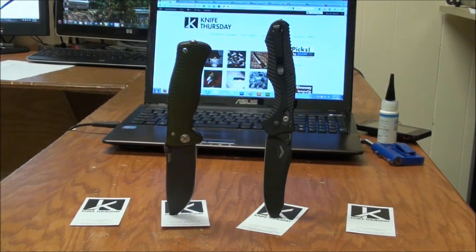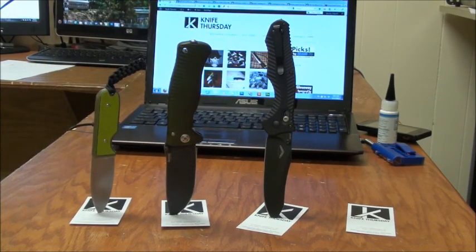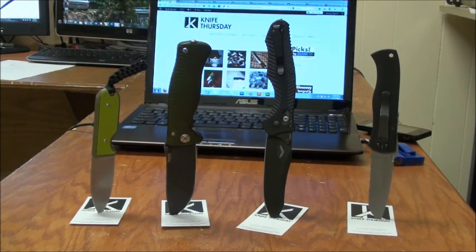Well, we were going to trade the Zero Tolerance 0303 for the Lion Steel, but Chris took it back. He just couldn't part with it. I know, it's too awesome. So I said, well, I like that Contigo 810 you have, so how about that and some cash, and we worked a deal. Yep. I've been carrying my CQC 7 as well as